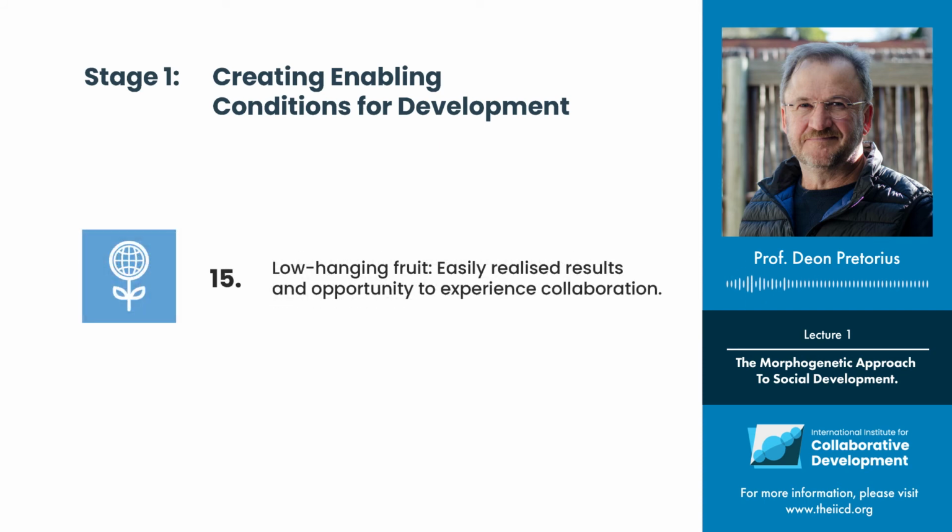Finally, number 15, there is what we call low-hanging fruit, and this is just a metaphor that is used to describe projects that can be used in order to make rapid progress. This process that I'm describing inevitably takes time, and people in contexts like this are impatient, and so you need to have some rapid progress.